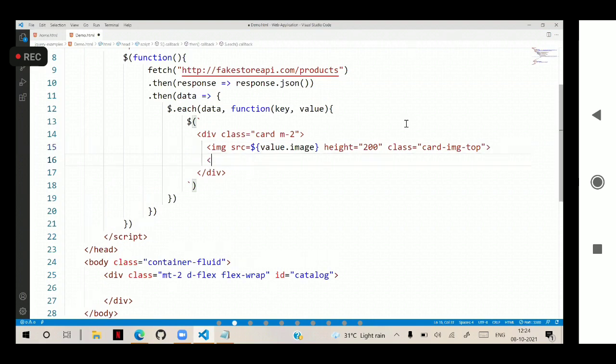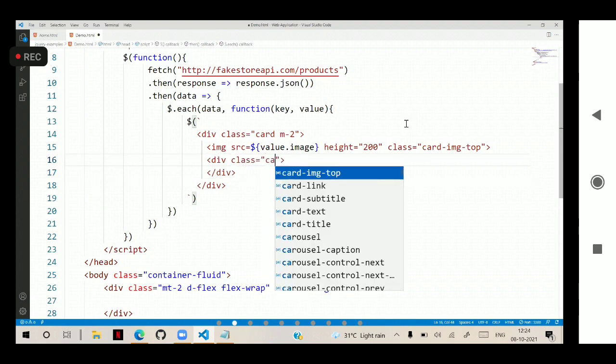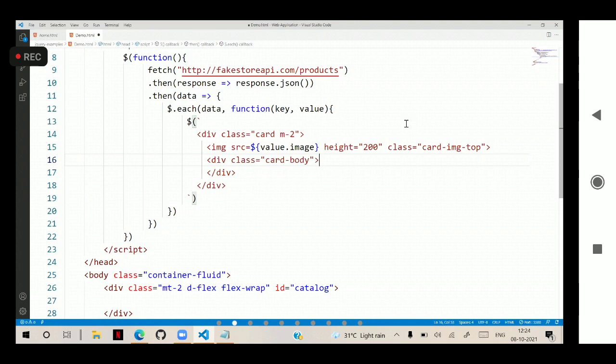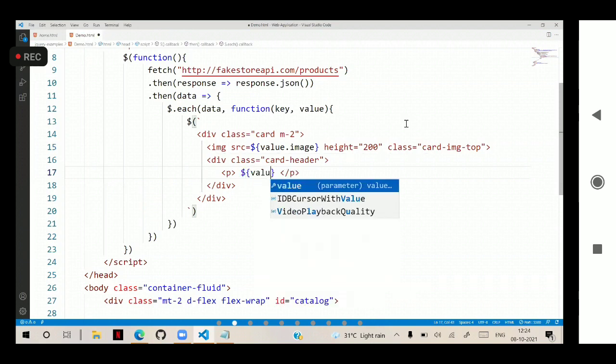And below that we have another div, and in this div we are using the class called card-body, and a card-header, and in that card header we kept a paragraph, and in the paragraph we want to display dollar and value dot title, we want to display the title,